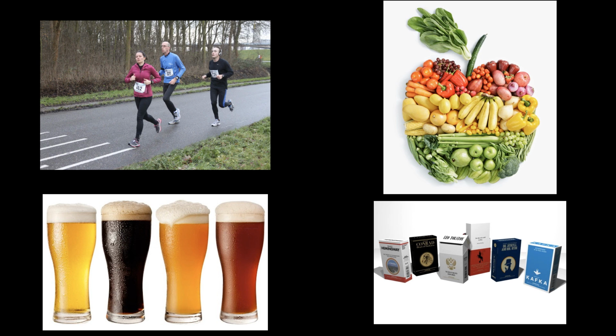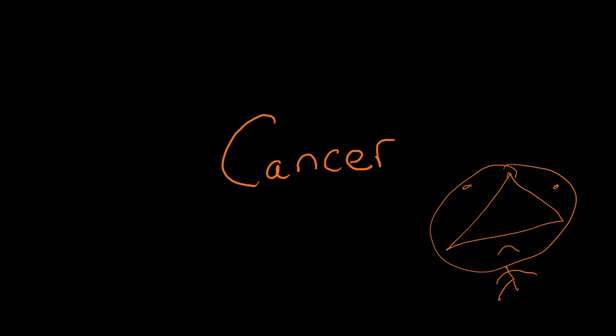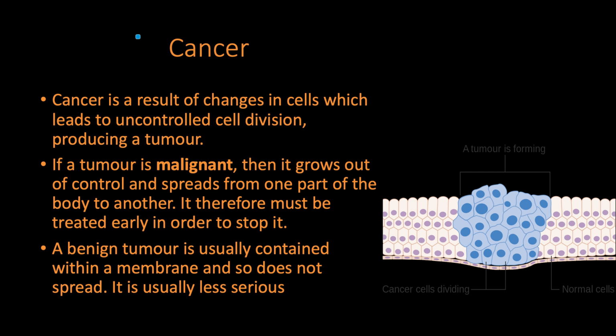However, one example of a non-communicable disease is cancer. Right, not a very happy topic, but you do need to know about it. So cancer is a result of changes in cells which causes them to uncontrollably divide. That causes a tumor. Now, a tumor can either be malignant, and a malignant tumor is the really bad one, where it grows out of control and spreads from one part of the body to the other. In order to treat that kind of cancer, you need to find it and stop it really early,